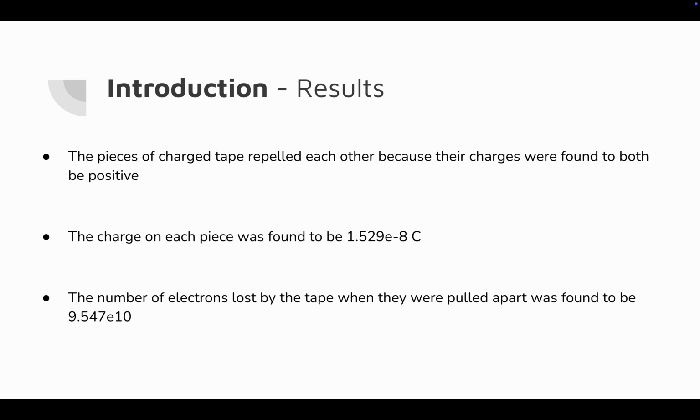As a preview to our results, we found that the pieces of charged tape repelled each other because they were both positively charged. We found that the charge on each piece was about 1.529 e to the negative 8 coulombs, and then the number of electrons lost by the tape when they were pulled apart was about 9.5 e to